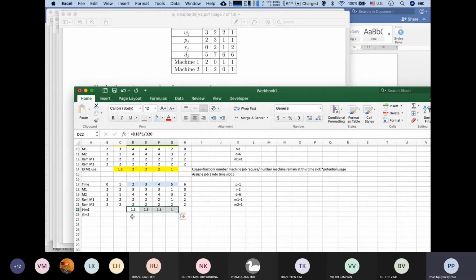Now for M2, this will be the potential uses multiplied with the fraction. After that, we calculate the sum. This one and this one will create the smallest loss at each time, so here we will try to assign